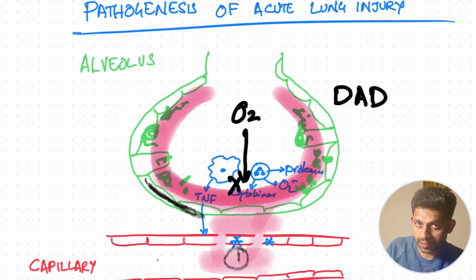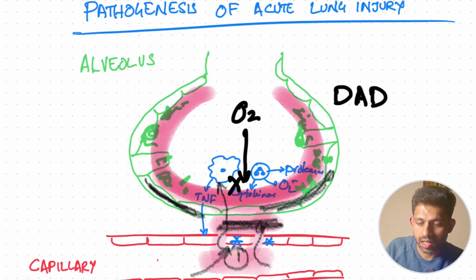Once endothelium is activated, neutrophils can get stuck onto the endothelium, then pass through the endothelial gaps and reach the interstitium and later into the alveolus, where they produce cytokines and other things which destroy the epithelial cells further. Leaky endothelium also causes edema of the interstitium and also the alveolus. This destroyed necrotic epithelial cells and the edema fluid, which is basically an exudate, will finally form the